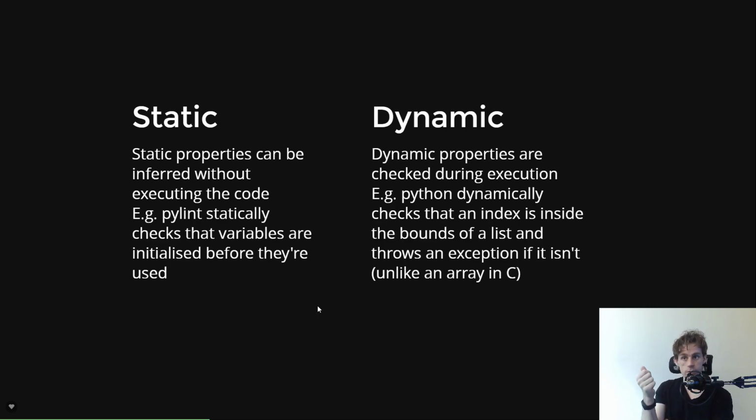ways we can make sure software works statically with Pylint. We've been talking about that. And there's ways we can make sure it works dynamically. Or more specifically, there are bugs that can happen statically, and bugs that can happen dynamically in runtime. For instance, if you have a program that has a list of 10 items, and you scanf or getline or argv in some data to say what item do you want, you can't, at compile time, ensure that that's safe. You actually have to have code that makes the code safe at runtime.